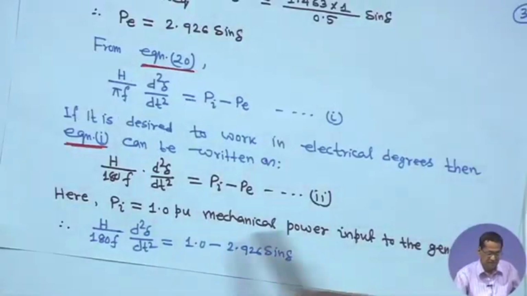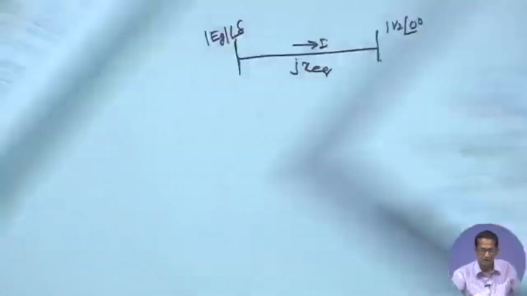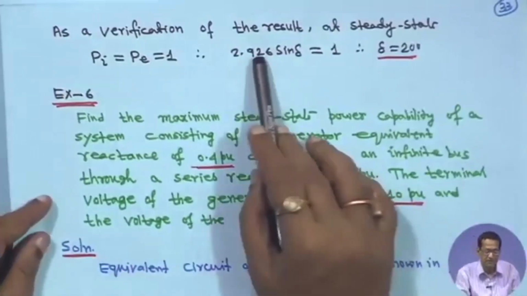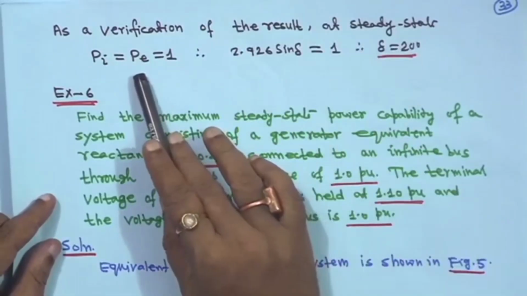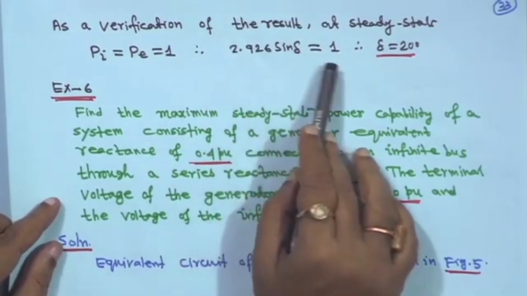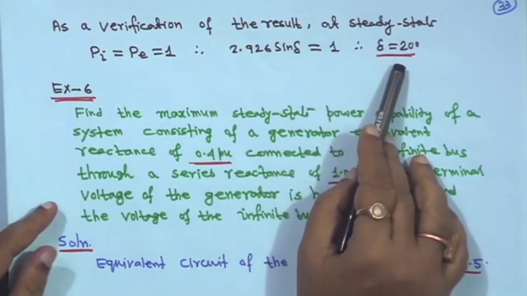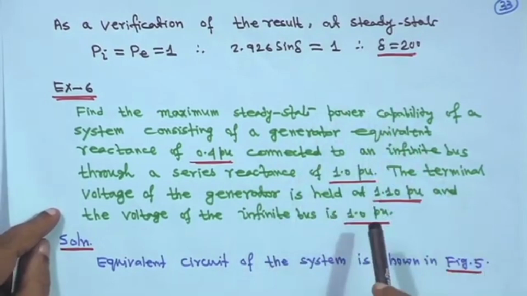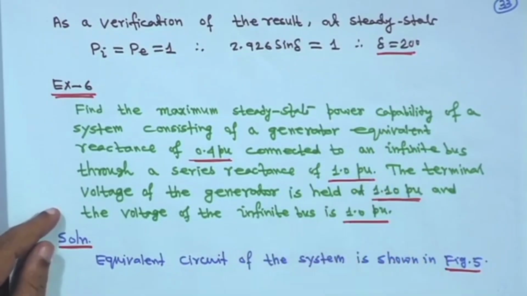So, this is that swing equation, and here also you will get, as a verification of the result at steady state, P_i is equal to P is equal to 1. Therefore, 2.926 sin delta is equal to 1. Therefore, delta is equal to 20 degree, right. So, now example 6,